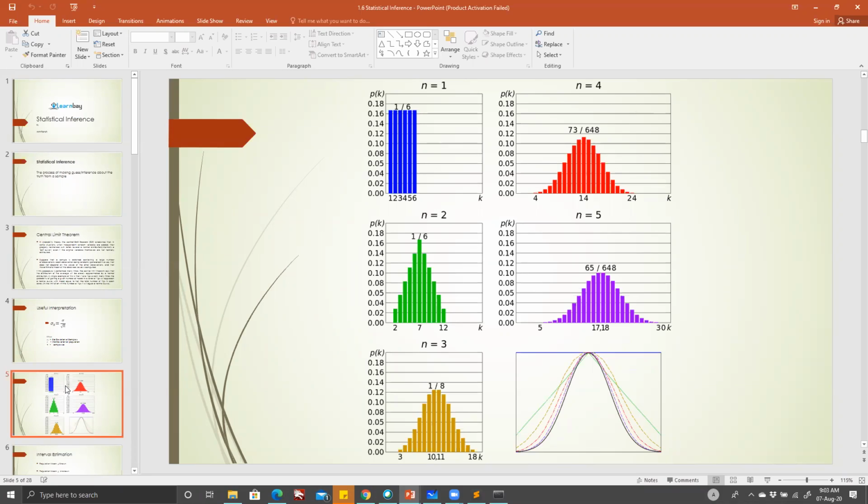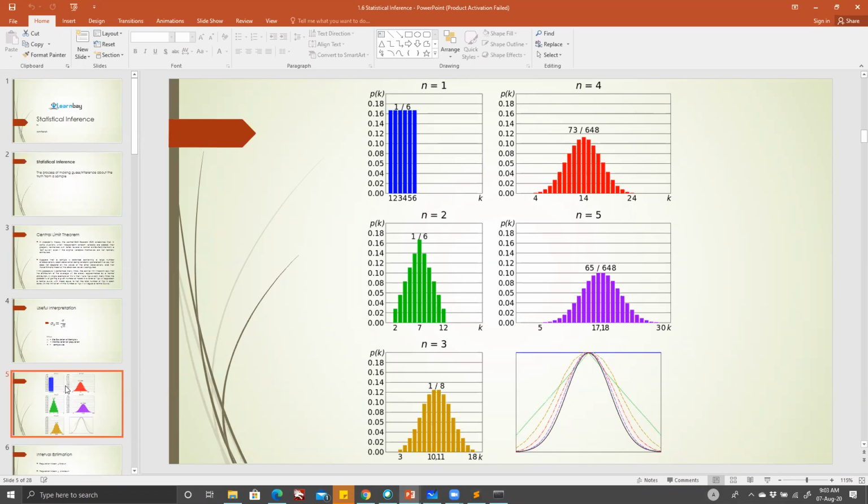Yeah, then it makes sense, because I was getting confused. This 65 by 648, I was wondering how that is, that the number of times 17 or 18 came in 648 trials, but I think I'm getting what you're saying. No, that has nothing to do with it. It is just trying to show the probability for the maximum outcome that is possible. The distribution will after a while look like this if you have large enough variation. And this is what they are trying to show you, that you can repeat it with different kinds of experiments, and after a while it almost starts to resemble a Gaussian or a bell curve.